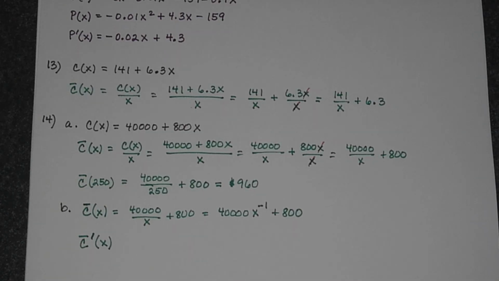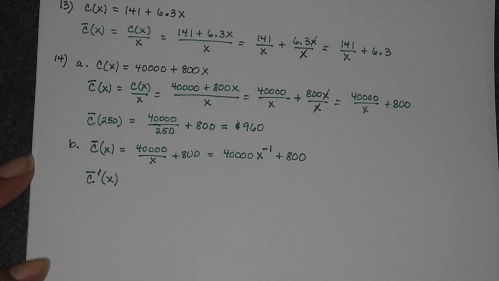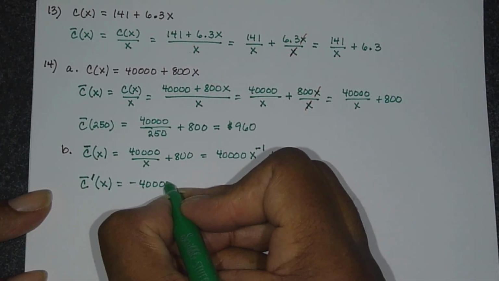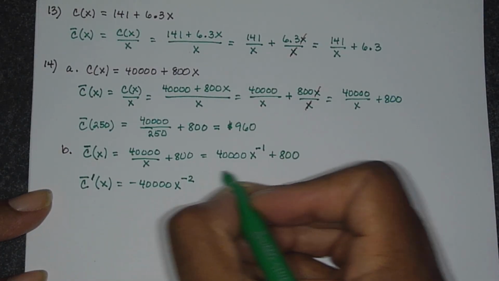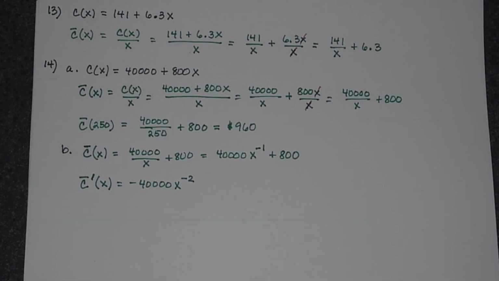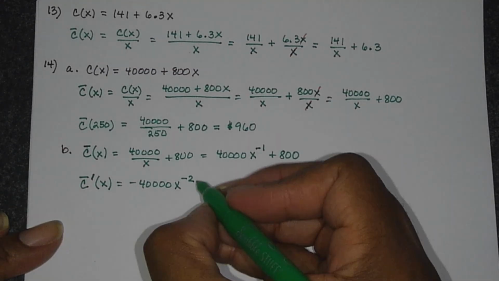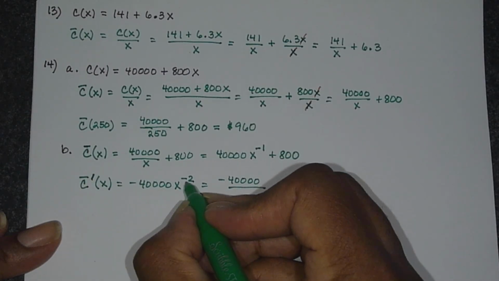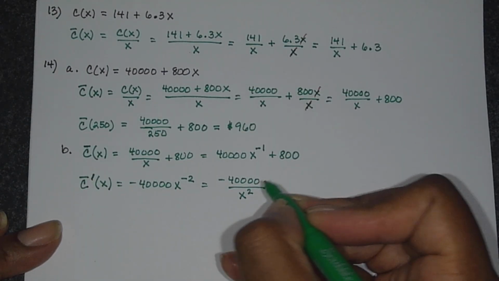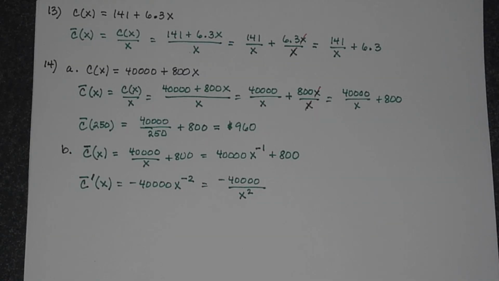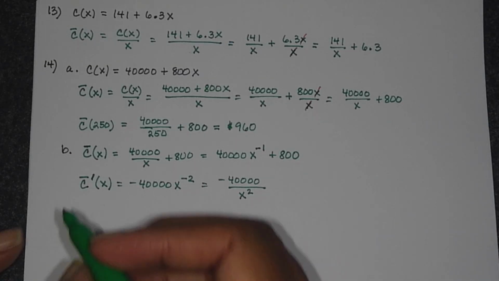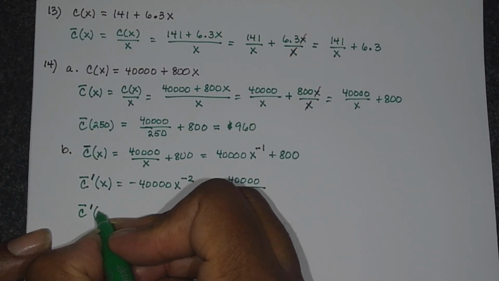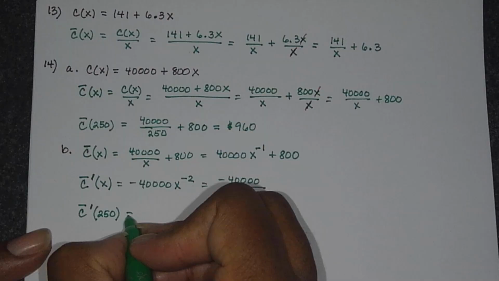So the derivative of 40,000 x to the negative 1 would be negative 40,000 x to the negative 2. Derivative of 800 would be 0. And another way of writing that would be with positive exponents. This would be negative 40,000 in the numerator. Bring that x to the negative 2 in the denominator, it'll be x squared. So that's what I'll use here to find out the marginal average cost